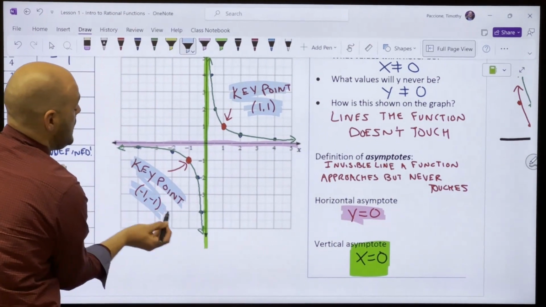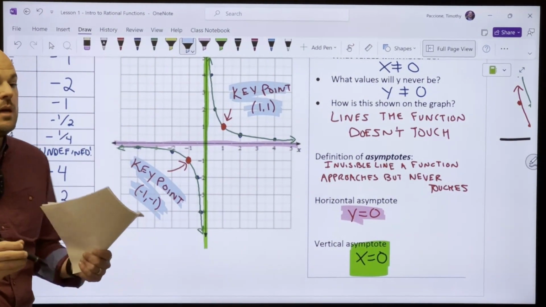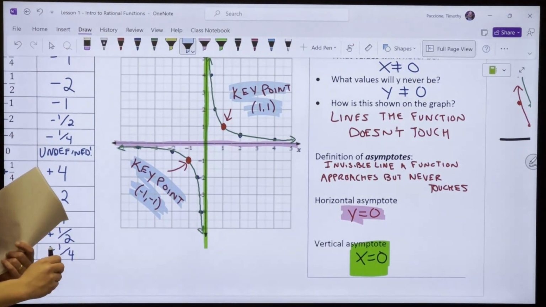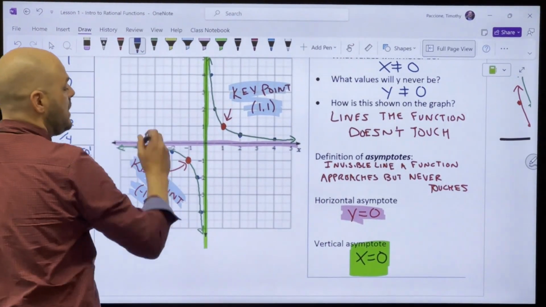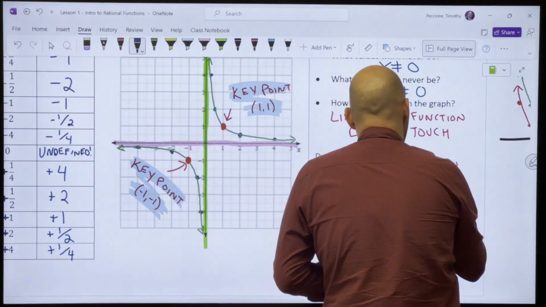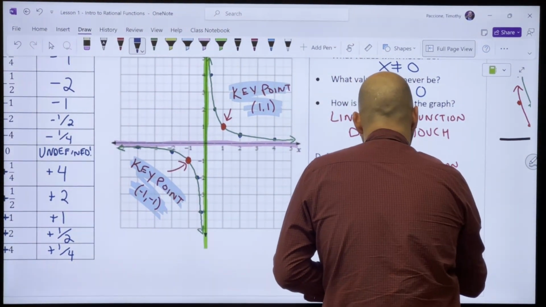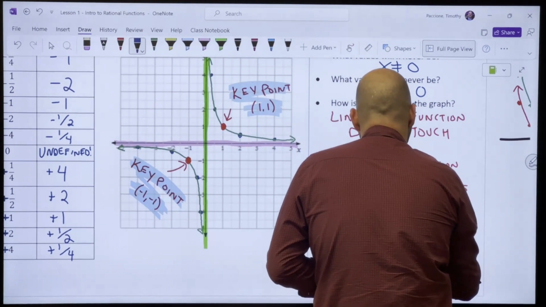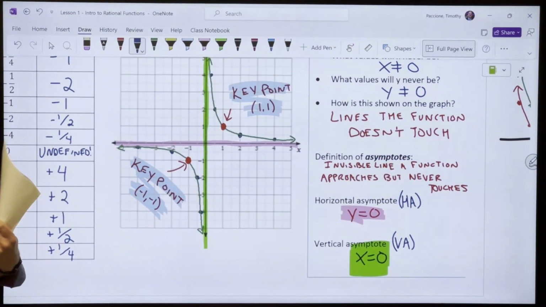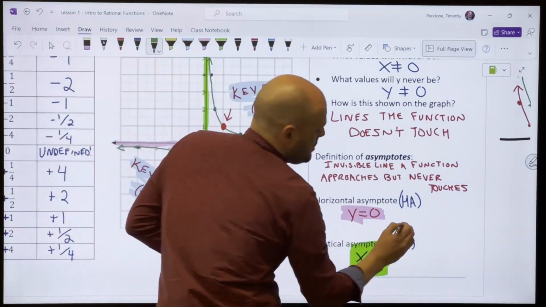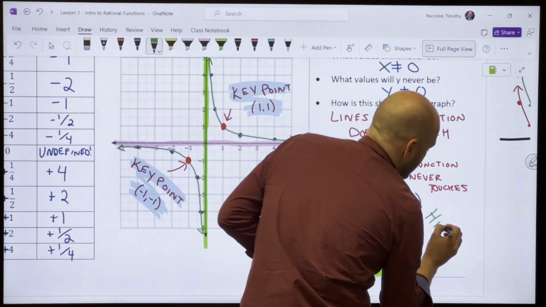And you need these to graph, because everything that moves the function moves all three of those things, okay? So we're going to practice that on the next page. The only other thing I'll add here is that a lot of times you'll just see the letters HA, or VA, so we don't have to write horizontal asymptote and vertical asymptote all the time, right? And this is why I asked you to grab highlighters. You will add these with highlighters,